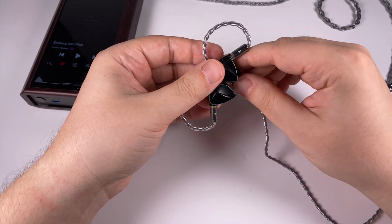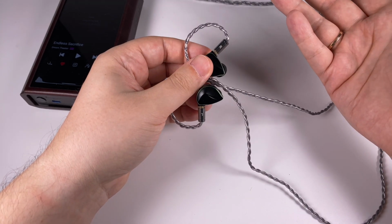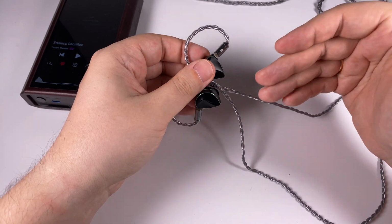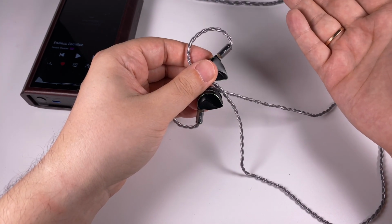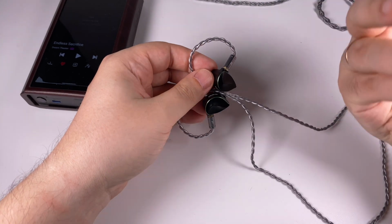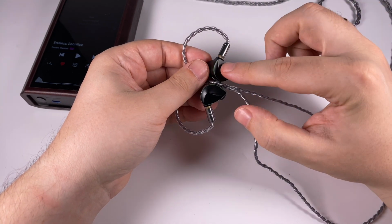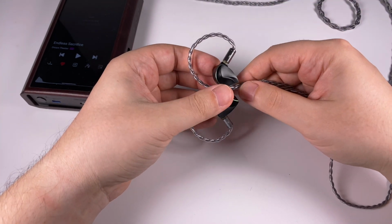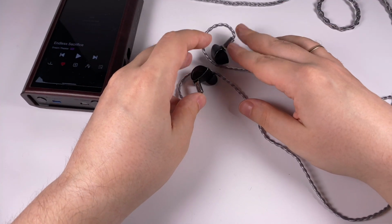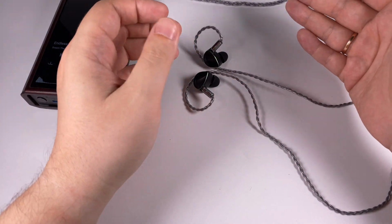Compared to Autumn, we're getting here more defined, more detailed, more mature treble, which was the main thing that was improved compared to the Autumn. And at the same time, treble is a bit better balanced in terms of quantity to my ears. And compared to Spring, they are more mature. Spring are energetic and emotion forward. It's really fun and enjoyable, but it's not 100% natural. This model is slightly closer to natural representation, and because of that sounds more mature with better stage and better control overall. So a great addition to the BQEYZ lineup,